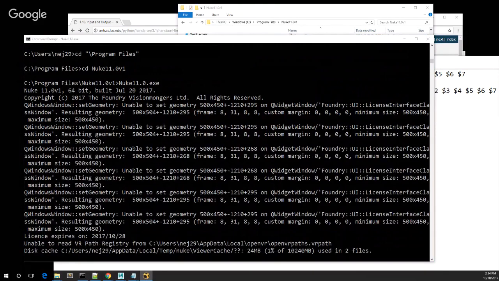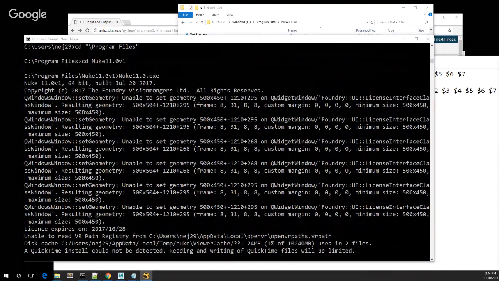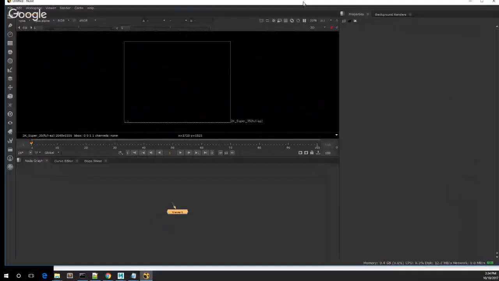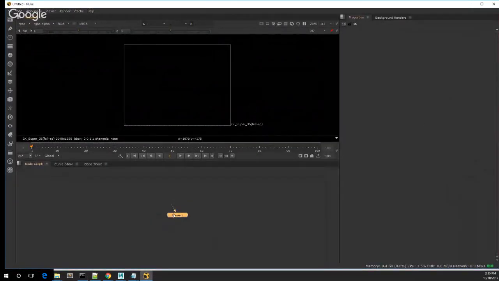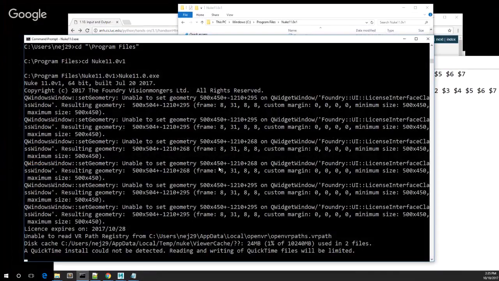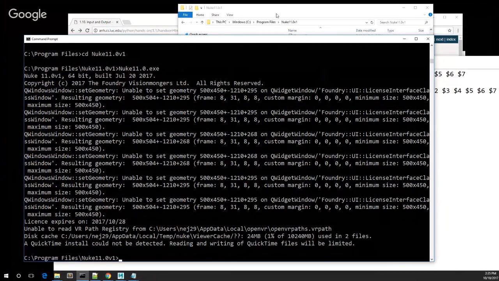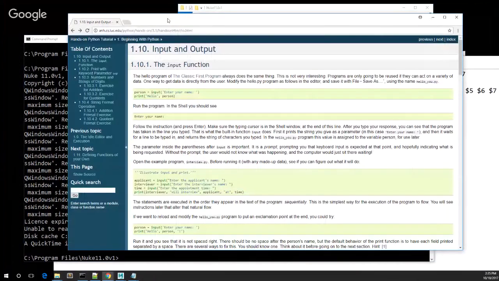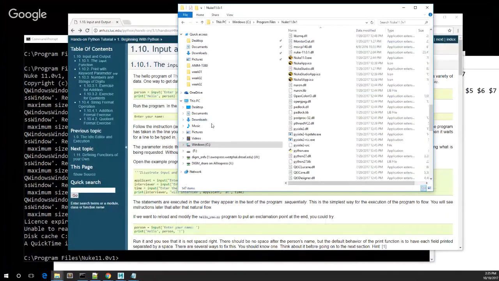It asks if I want to automatically share information. No, I'm not giving you any of my information. All right, so Nuke ran. It ran in a window that wasn't screen captured. So here it is. It launched by default. Okay, but I know when I'm working in the show, I'm going to use Nuke a lot. And so I don't want to have to type in all of those commands and change directories. I just want to type in the word Nuke and run it. So I'll close that. So now, to make things more streamlined, what I'm doing is I'm defining a more inclusive, more comprehensive